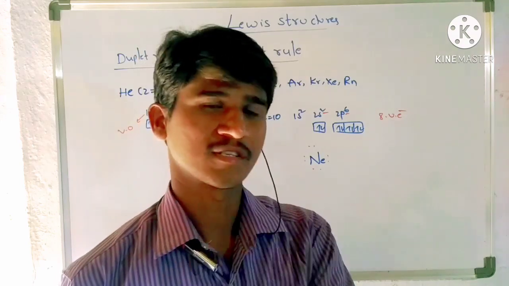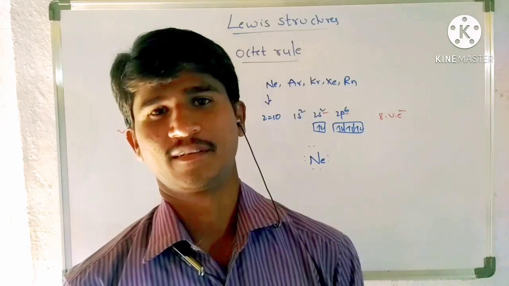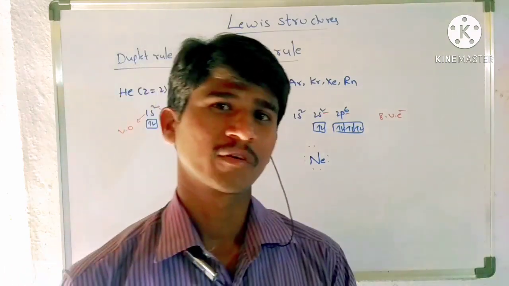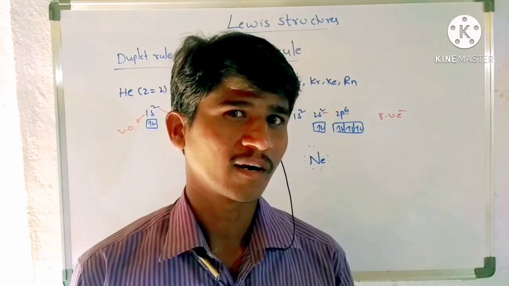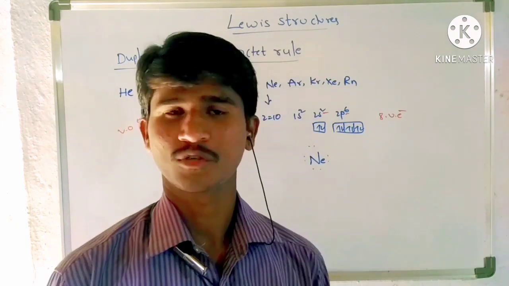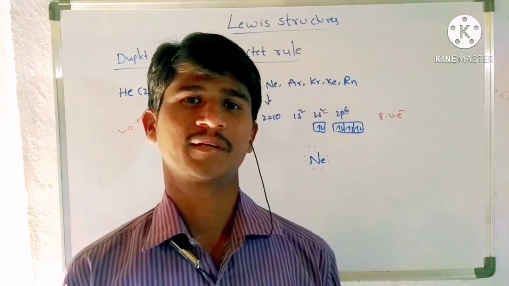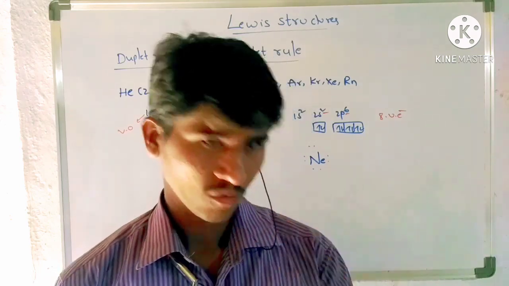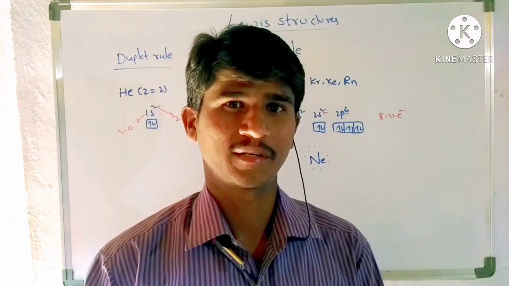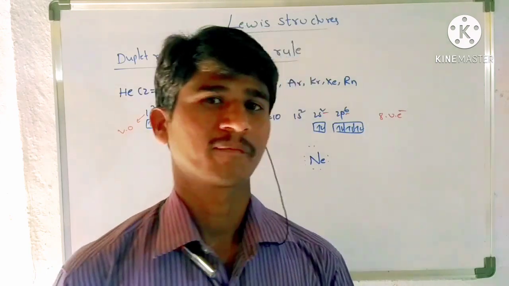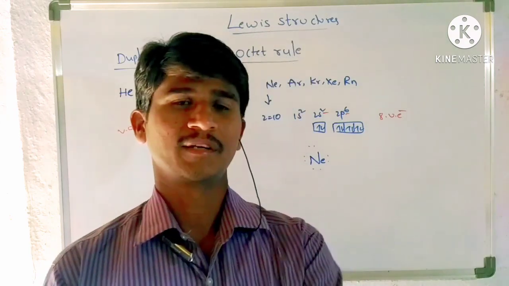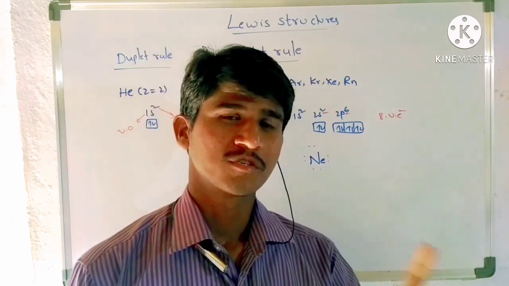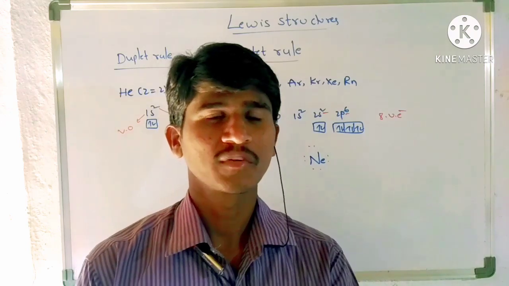The first choice is that it may lose electrons or it may gain electrons. For example, we already discussed fluorine. Fluorine has 7 valence electrons. Then how could it get octet configuration? When fluorine gains an electron, it gets stability. Next, oxygen requires 2 more electrons to get stability. In the case of sodium, when it loses 1 electron, it gets stability. So either by losing or gaining, they get stability.